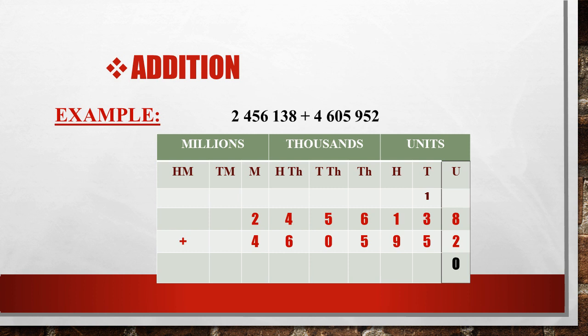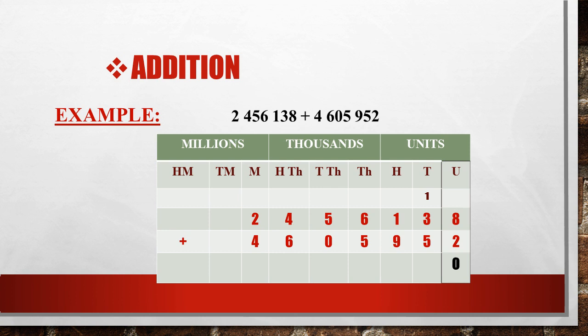Now students, one thing that you should remember while adding two numbers or three numbers is that we will always start adding from the ones column. इसका मतलब ये है कि आपने हमेशा वंस कॉलम से ऐड करना स्टार्ट करना है. That means we have to start adding from the right side.